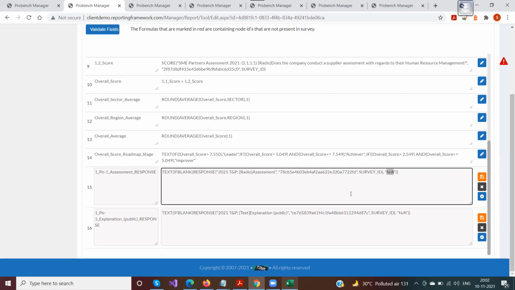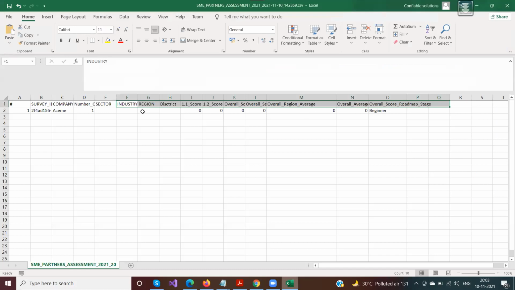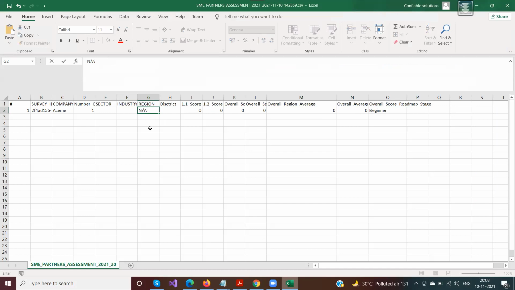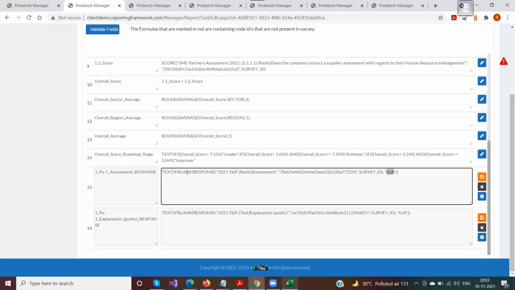So in your output, if a field is blank or was not responded to due to its visibility or the inapplicability of that question, the system will automatically show NA in that field in the data set output. For example, if this is the response, it would show NA here by default. So you do not have to write these if-blank formulas by yourself.